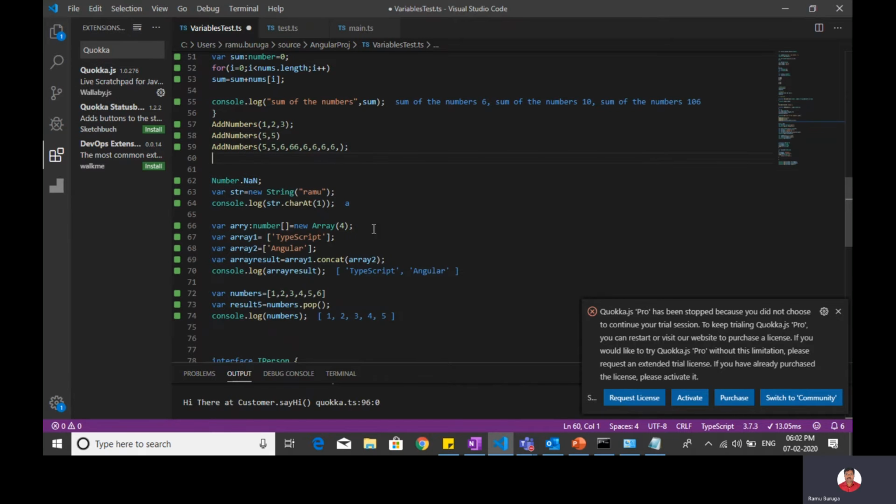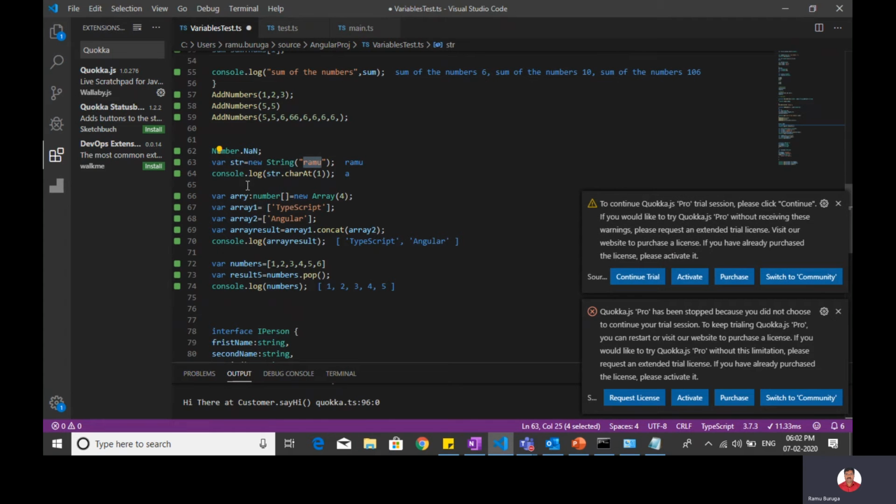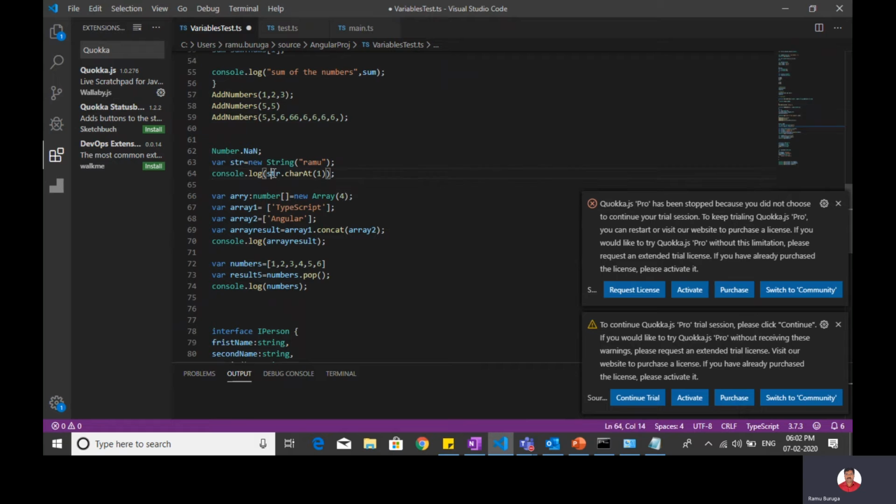There are many functions. Here you see I created one variable called str of string. It takes name as a value, and I use this variable. You can even declare it this way also, as we do it.